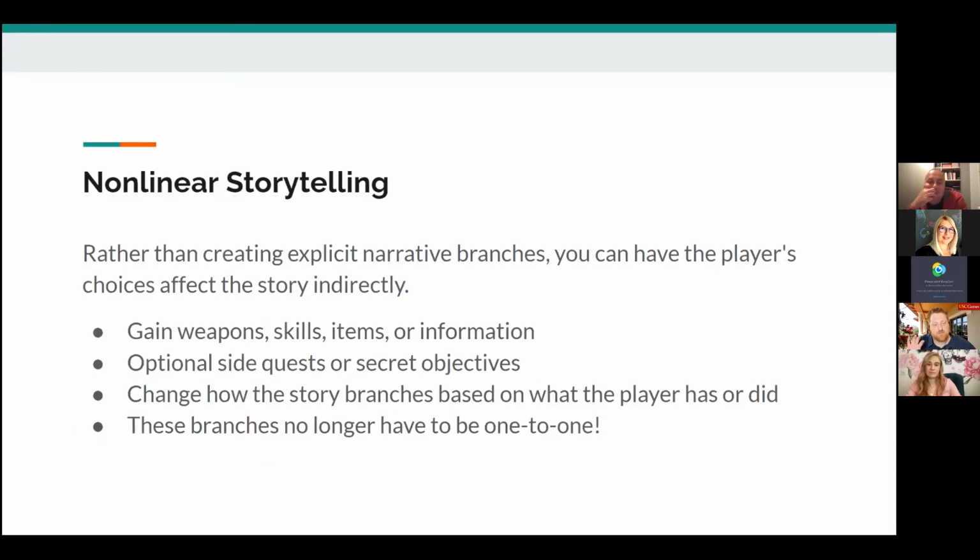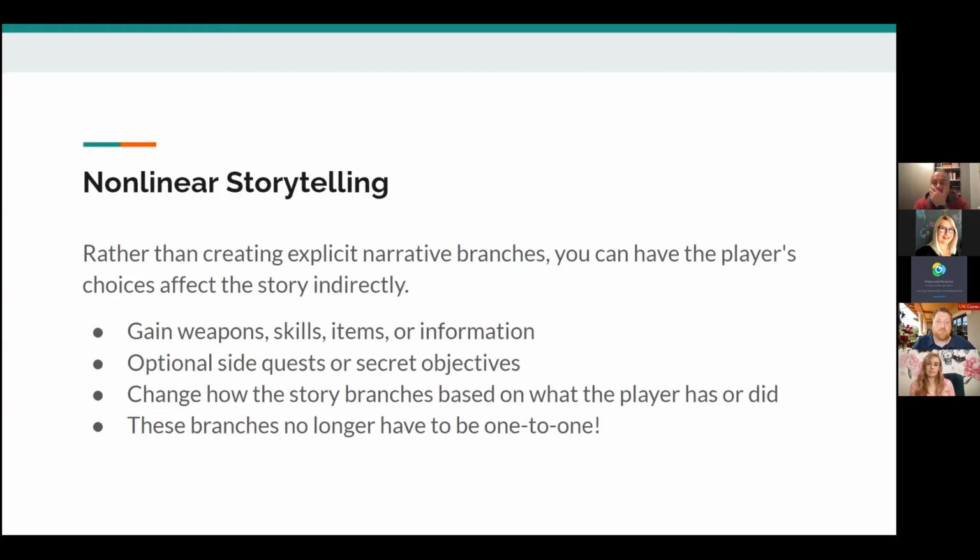But also, rather than a simple branching model, rather than creating explicit branches, you can have the player's choices affect the story indirectly. So for example, you can have the player's actions cause them to gain a weapon or a skill or an item or information of some kind.